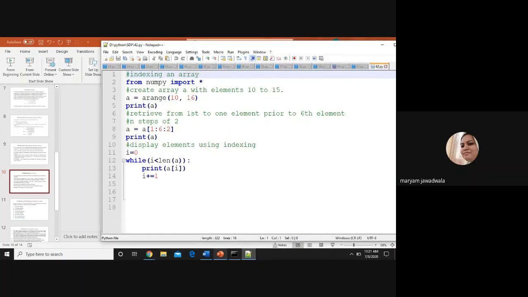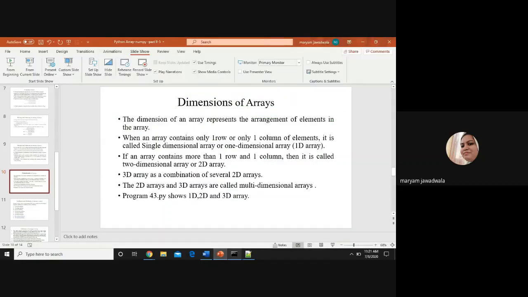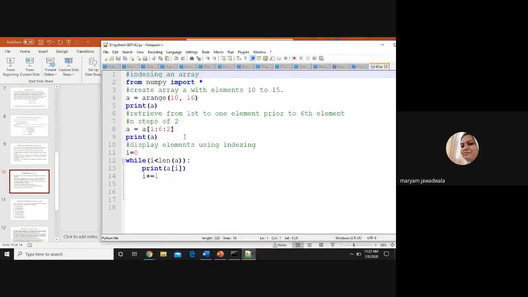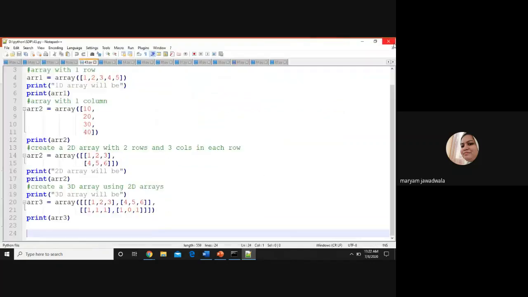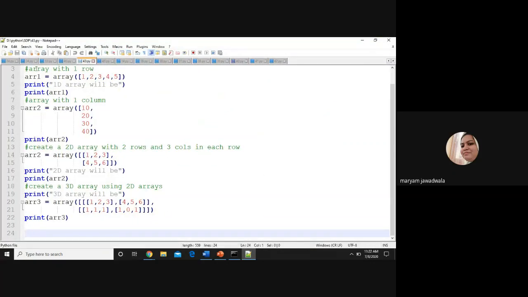What's the name of the program? 43.py, right? This is my program 43.py. Okay. So first I create array 1, ARR1, right? With only a single row, using array function. So this is the syntax for creating an array. So I print 1D array here. So what is the output of this? 1, 2, 3, 4 and 5.